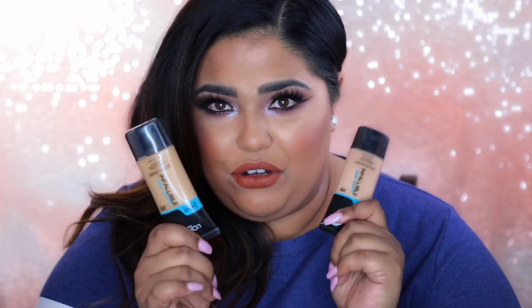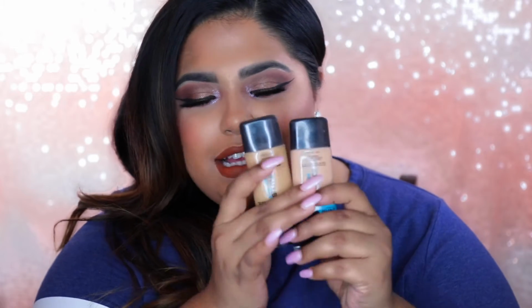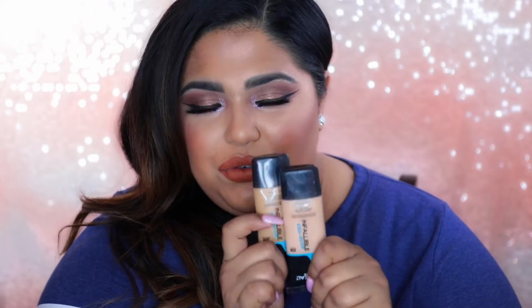Amazing. They're $12.99. I bought them for $12.99 each, and it is $24, but it's still less than a high-end brand foundation, which usually runs from $30 to $45. I've even spent $65 on a foundation from Sephora, so I still think it's cheap even though it's two together. You guys are going to ask me what colors these are. This is 208 Sun Beige, and this is